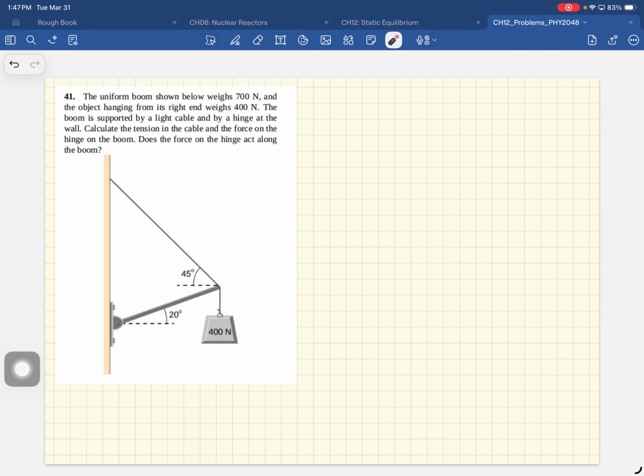That's why they didn't give you L. And T is the only unknown, so you can calculate T. Okay, so let's do this. The first term is minus 328.9. The second term is